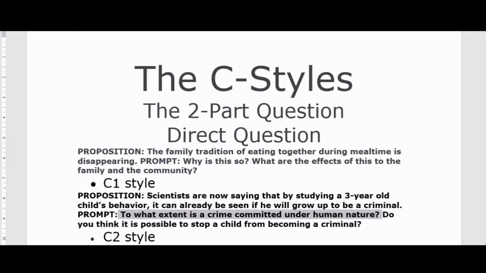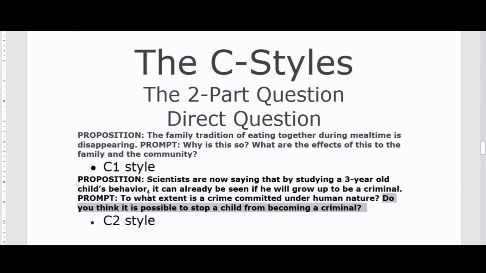And in that crossover, the writer performed the A2 style, or the kill and bury. And so in answer to the second question, do you think it's possible to stop a child from becoming a criminal? The writer therefore capped the discussion by saying that yes, it is indeed possible to stop a child from becoming a criminal, even though the child has criminal tendencies or is imbibed with a criminal mind. And this can be done through proper parental guidance, proper guidance from teachers, from other institutions, the relatives, government, etc., etc. And with this